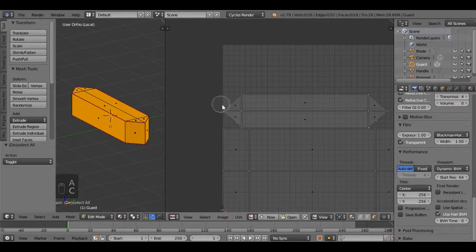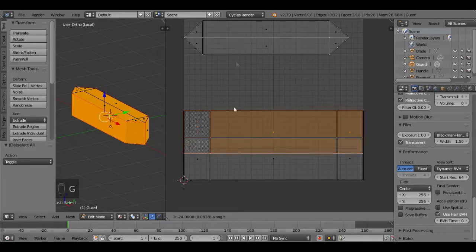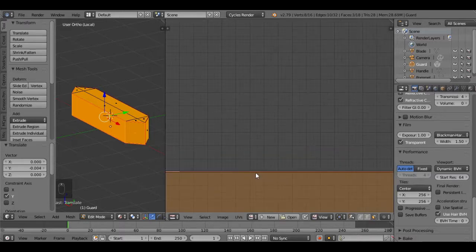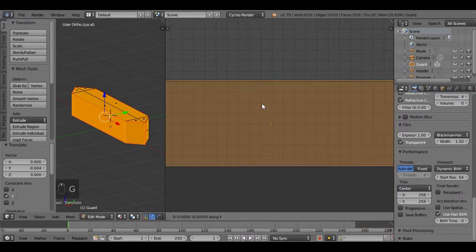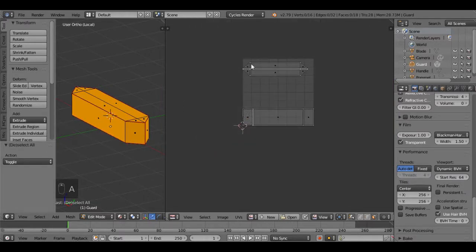And we're going to go ahead and just select all of these and drag them away from the other part really quick. So now we select these ones, G, Y, Control, Shift, drag them down. Okay, G, Y, Shift, like so. That is really close to being perfect. Alright, that looks pretty darn good to me. Okay. Now,